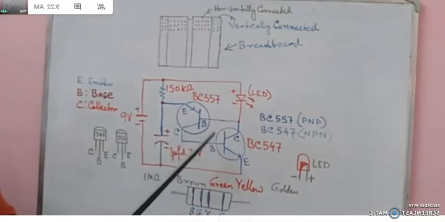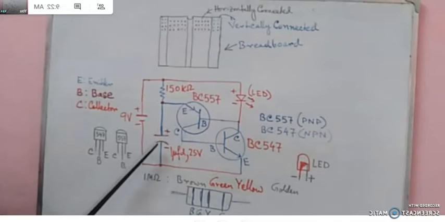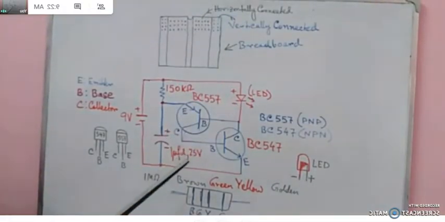Now two more things are there. A capacitor that is used to hold the charge, and this is the LED. Actually, it gives an LED flasher. That means whenever a pulse is generated, the LED blinks. After some time, it goes off and then starts again automatically. Suppose 1 second off, 1 second on, 1 second off, 1 second on, like this.